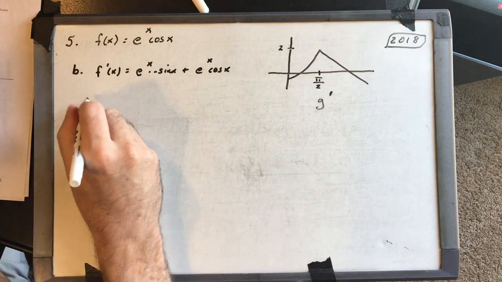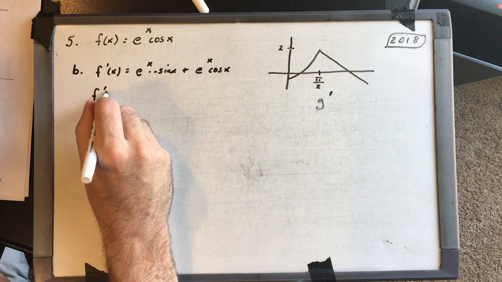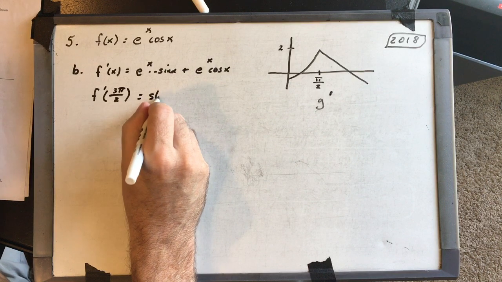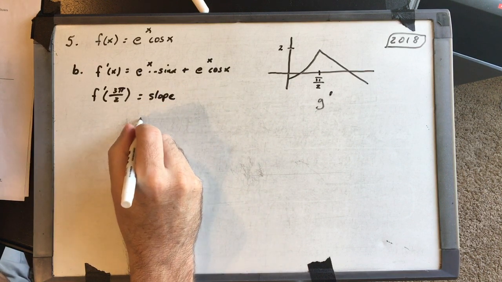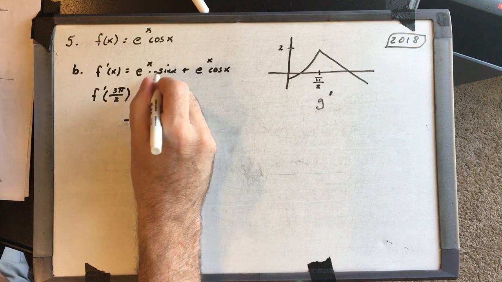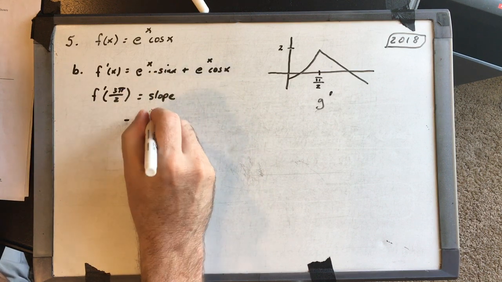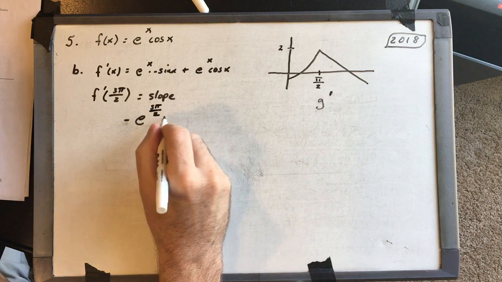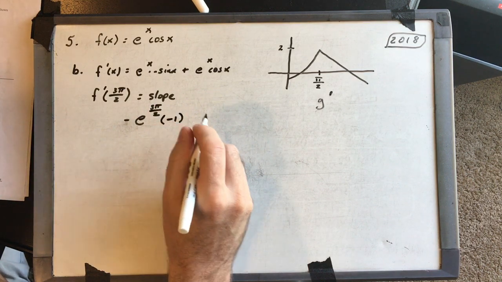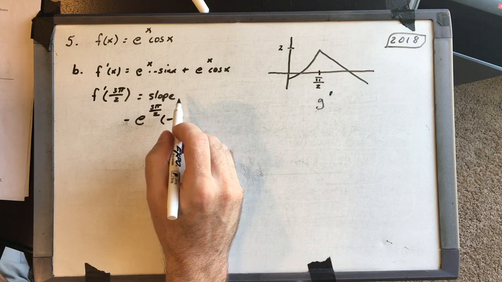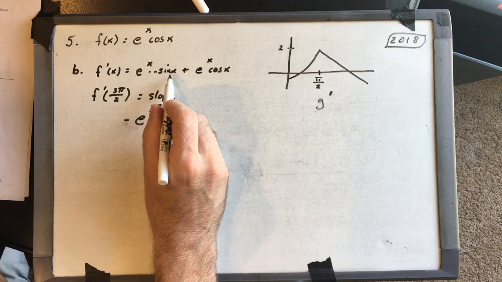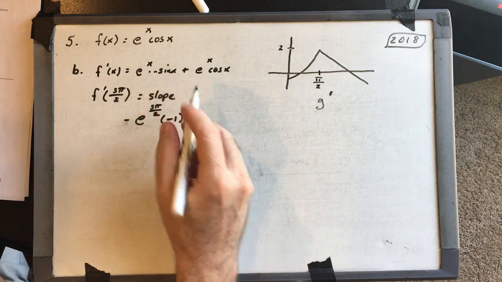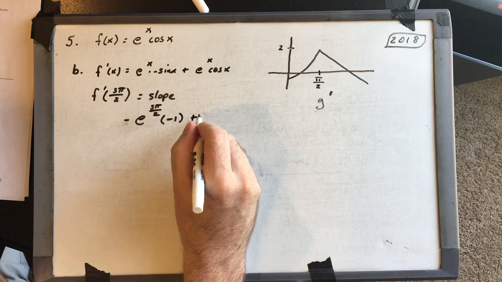So that's f prime of 3 pi over 2 is going to be our slope. So that's e, it's going to be a minus. I'm going to bring that minus there out front. Minus e to the 3 pi over 2 times -1. All right, because the sine of 3 pi over 2 is -1. Okay, so you got to remember your unit circle there. Plus e to the 3 pi over 2